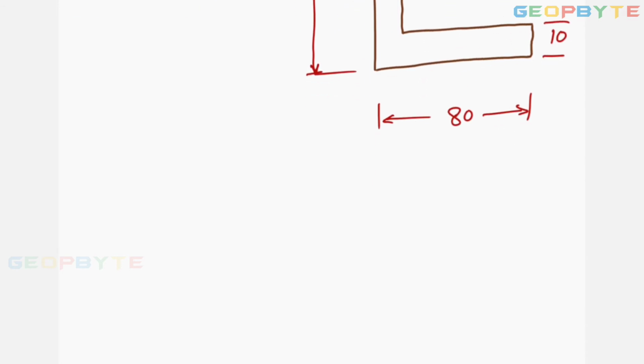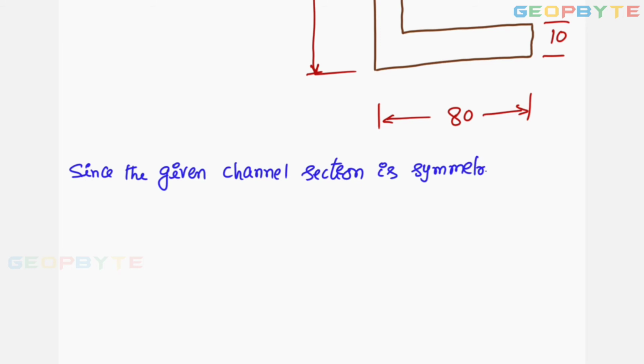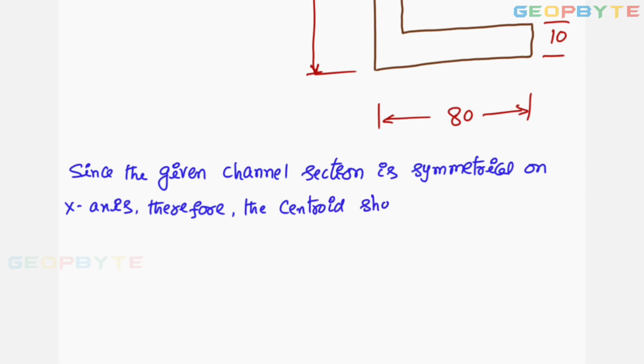So let me write that point. Since the given channel section is symmetrical on x-axis, therefore the centroid should lie on x-axis. Therefore x bar equal to